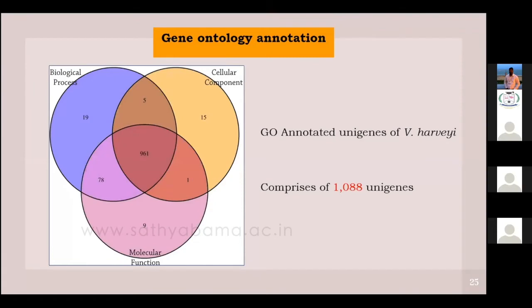So coming to the gene ontology, gene ontology is an important factor to find out gene functions. Here gene ontology comprises 3 important categories. The first one is biological process, then cellular component, and molecular function. In this genome of Vibrio, the annotated genome is almost